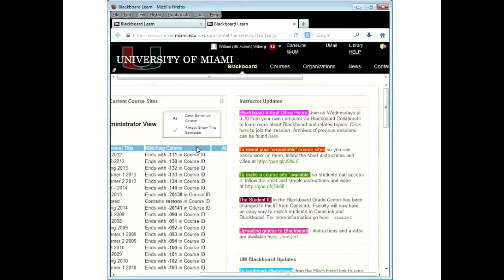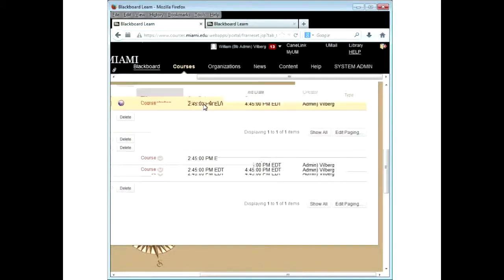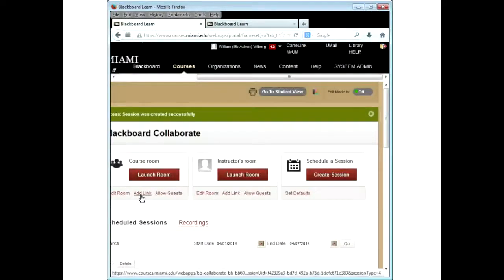So if you do want to know who's attended, or if you want to give the students a link that they can click inside your course, so that they're the ones who get in, then you go, what have I got? Have I still got this? Yes. Then you go to the session, whichever one it is, and I'll just go up to here, and you say add a link.